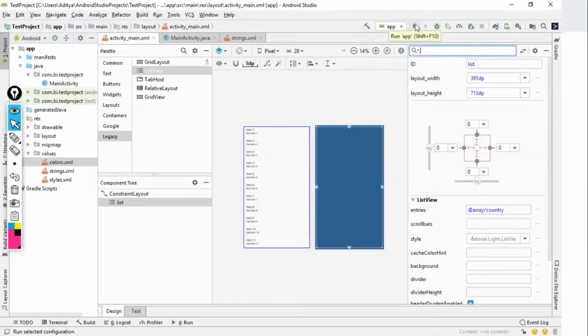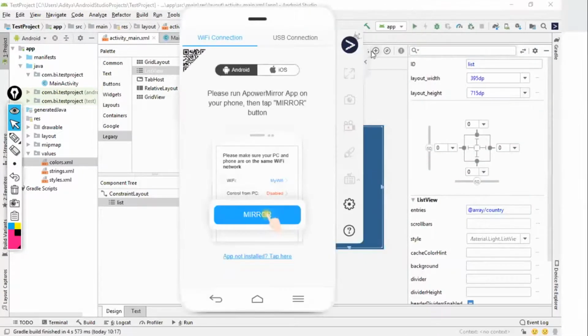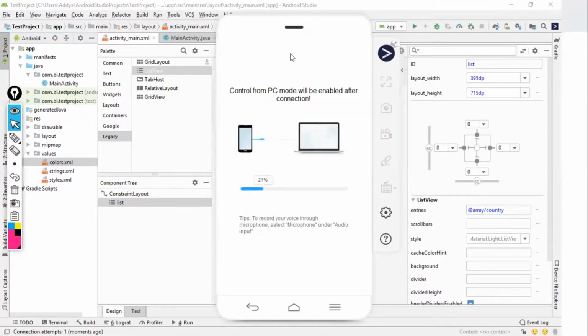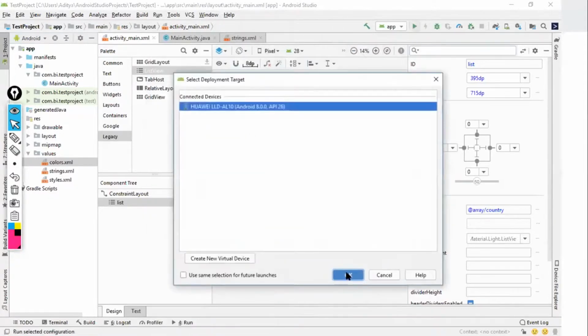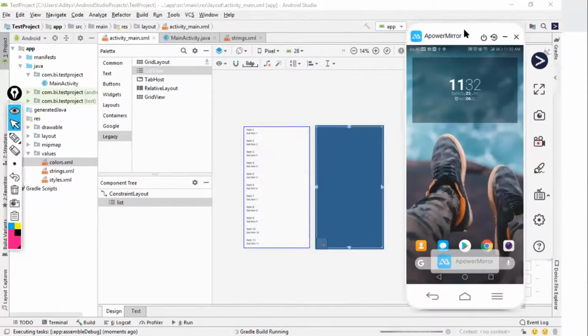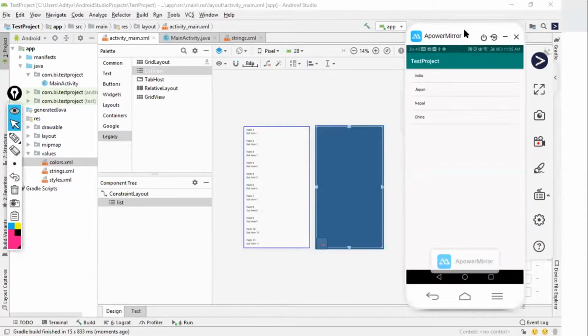Let's run the application. Got the point? So this was the basic implementation using the XML.